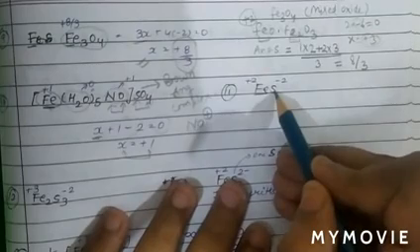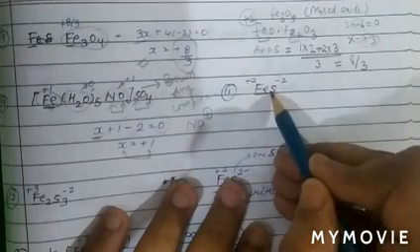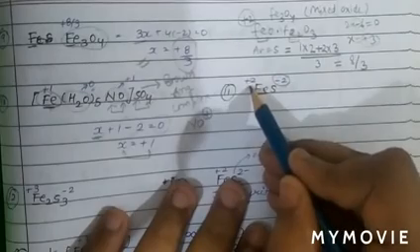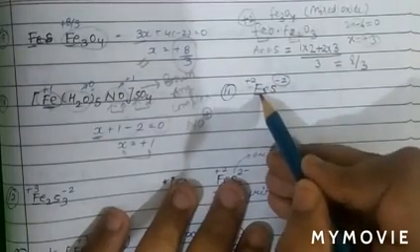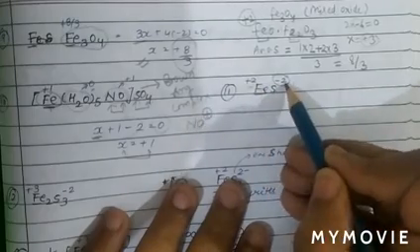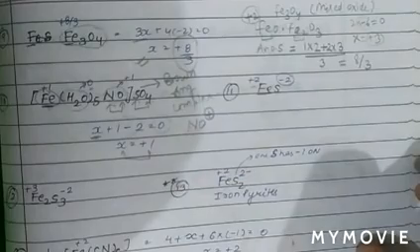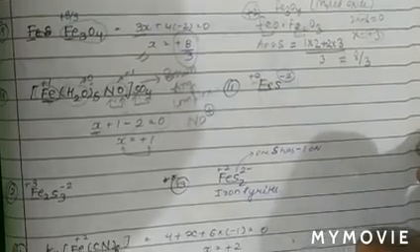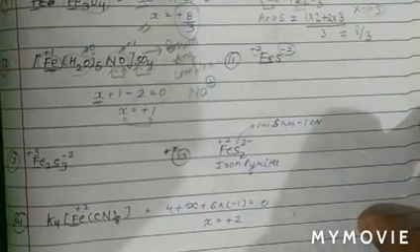See the next question. The next question is FeS. This is iron sulfide. And we know in sulfide the charge on sulfur is -2. So the charge on iron is +2. So the oxidation number of iron in this compound is +2, and the oxidation number of sulfur in this compound is -2.